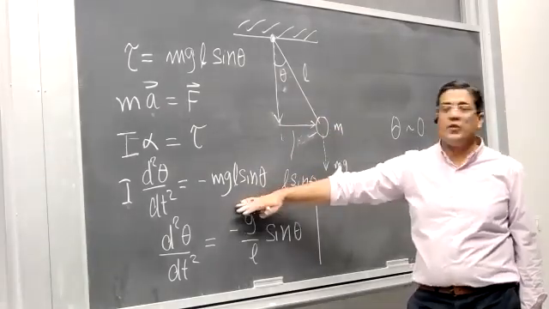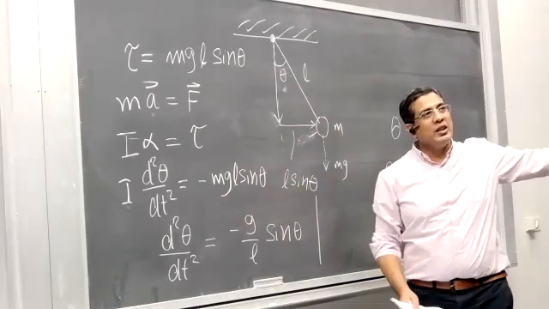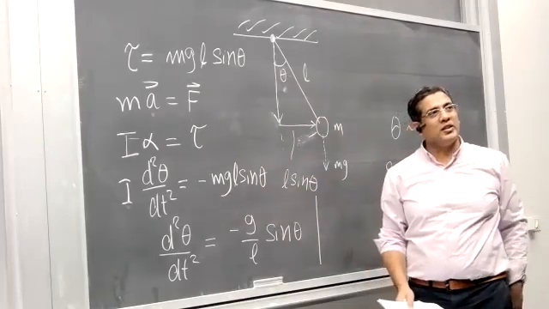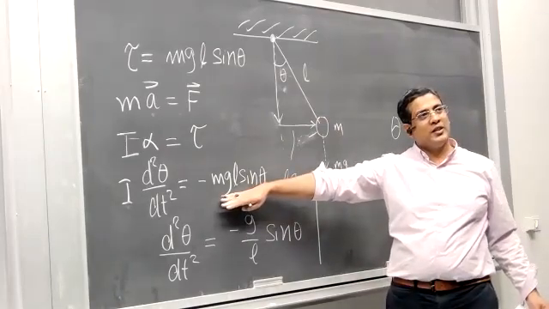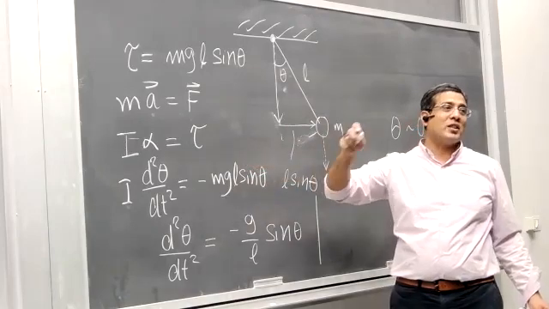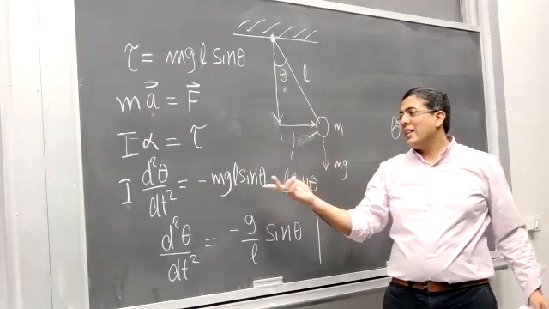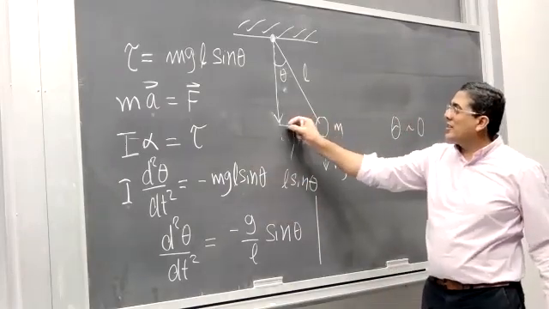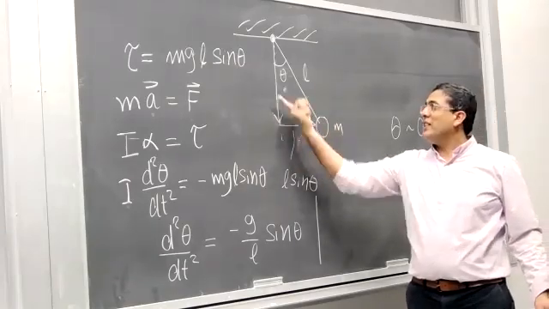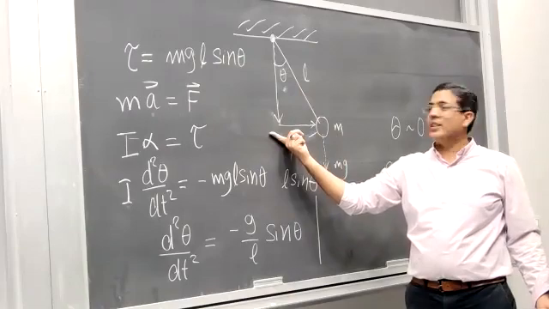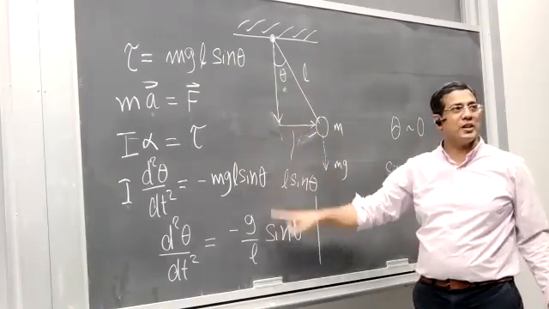If you take a pendulum or swing and you swing it with a large amplitude, then it's no more a simple harmonic oscillator, because this equation would not give you a simple harmonic oscillator. We are imposing the small amplitude limit, something that I said in the very beginning. We just disturb this pendulum by a little bit from its equilibrium position, a small deviation or small amplitude, and this would be a simple harmonic oscillator. So that is the approximation I'm introducing here.